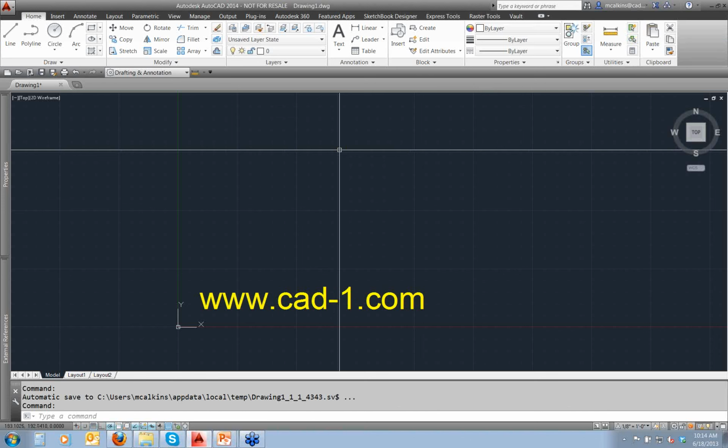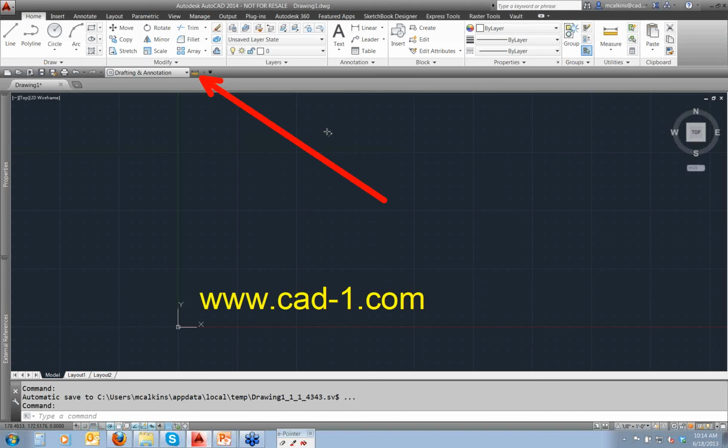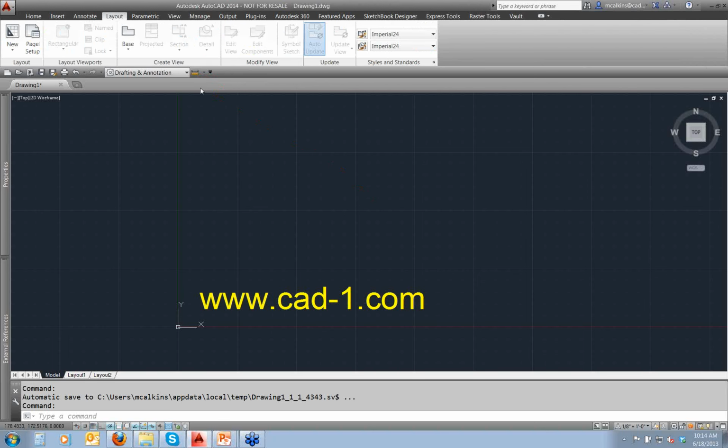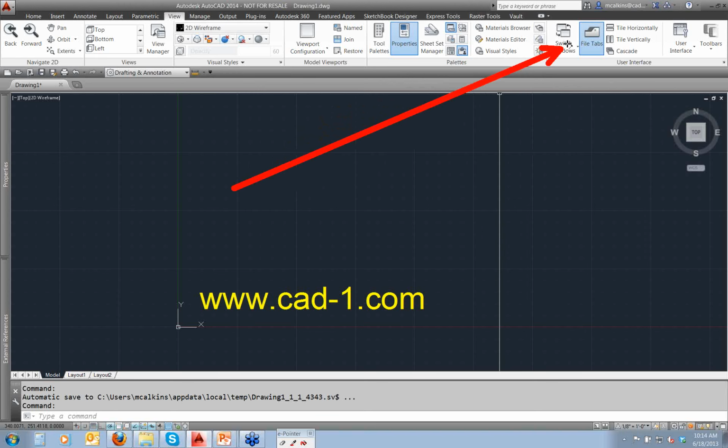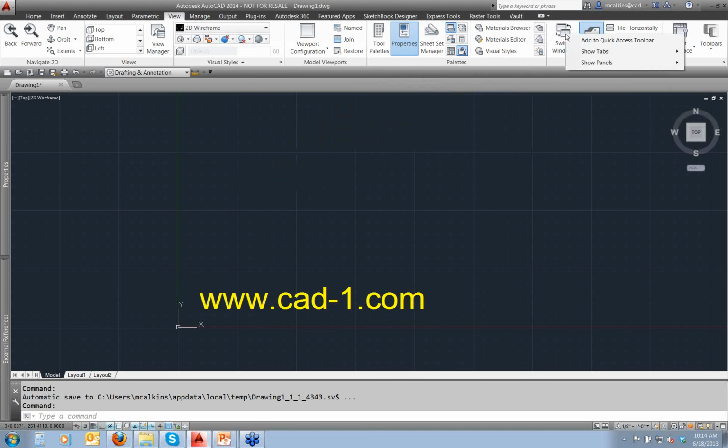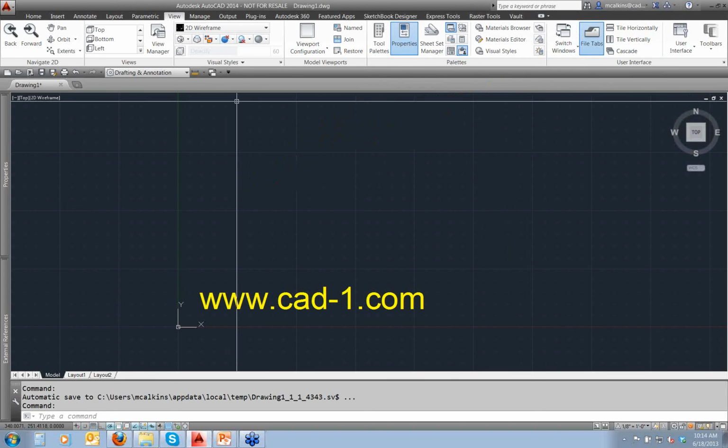And ta-da, there's my little measuring tool, my little drop-down list with my distance and angle tools. Now, no matter which tab of the ribbon I click on, that tool will remain accessible. A common one I've seen a few times, people will come to the View tab and come over here to the Switch Windows tool. Since this is a nice method for switching among multiple drawings, they might add Switch Windows,